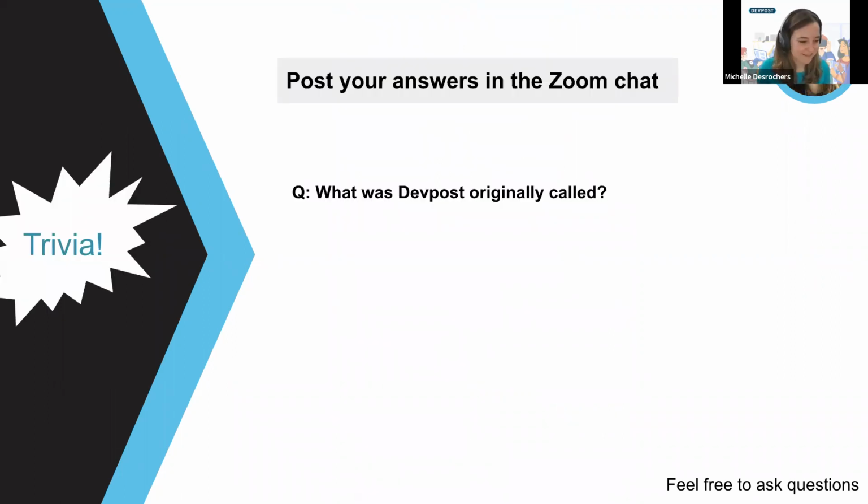More trivia. Fun fact, that hackathon project you were just showing was called OK Devpost. It was supposed to be like OK Cupid matching. We had a good time. Okay, what was Devpost originally called? If you read our discussion forum,